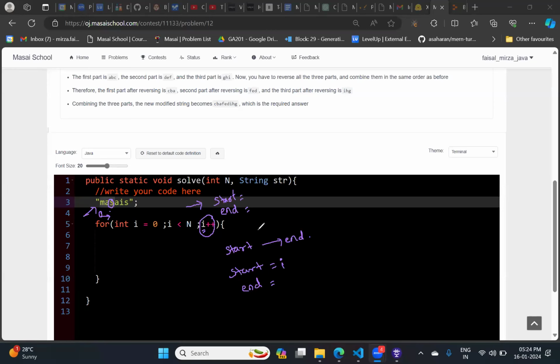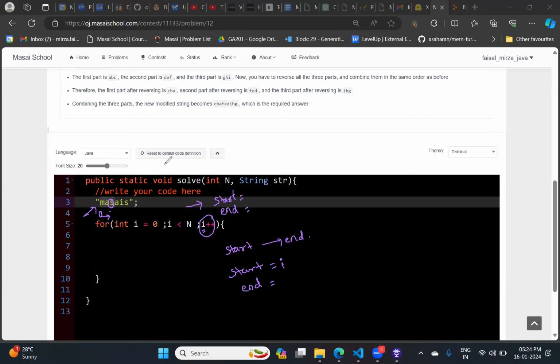What should be the ending part? So Rushi, if you are telling me n by 2, suppose n by 2 right now it is 3. What if my string is this? A, B, C, D, E, F, G, H, I. Now as per this condition, n by 2 will be 9 by 2, it will be 4 suppose. So your condition will not work over here. Those who are telling n by 2, n by 3, whatever maybe, your condition will not run over here.